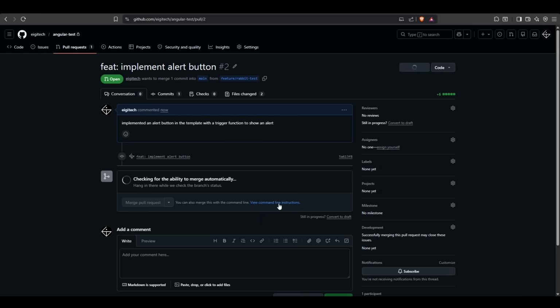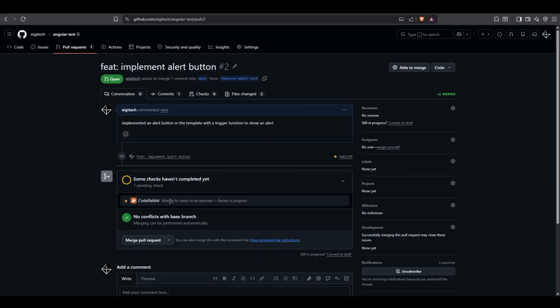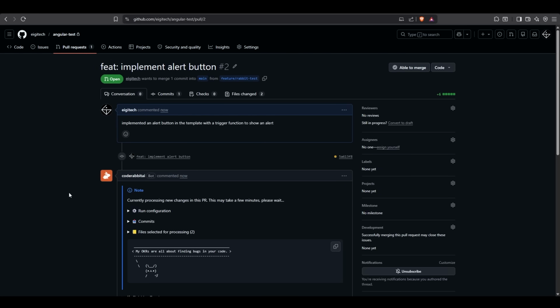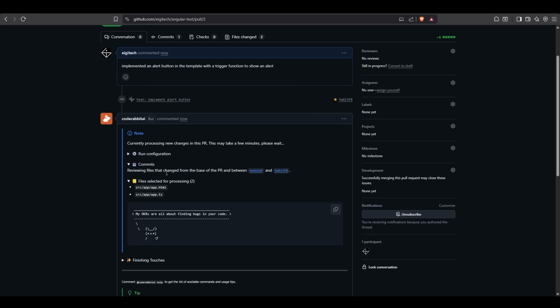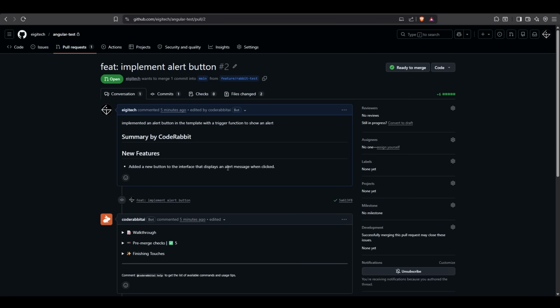And now CodeRabbit comes into action. As we can already see here, the review is in progress. We had to do nothing here. This will take some minutes depending on the code base and on the commits. We can see the files which are processed here. We get an overview of what it is reviewing, which commits, and after only 5 minutes, as we can see here,